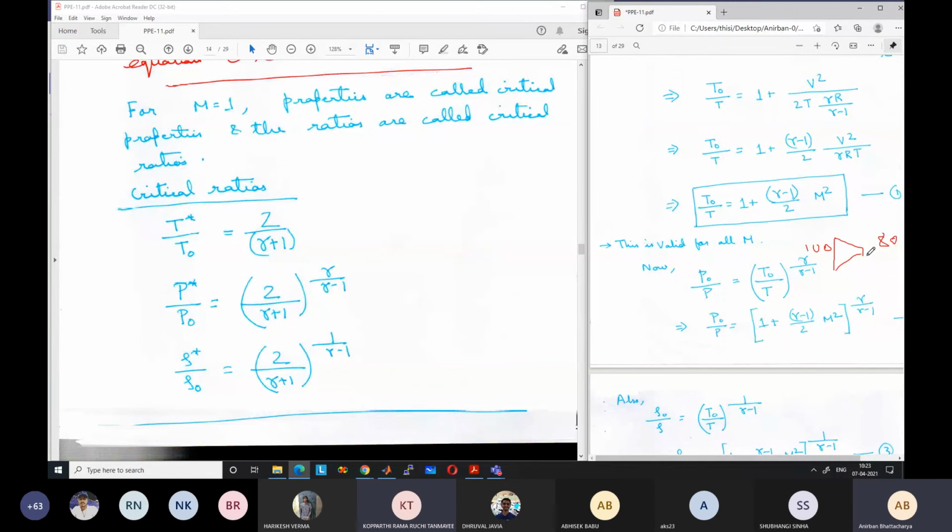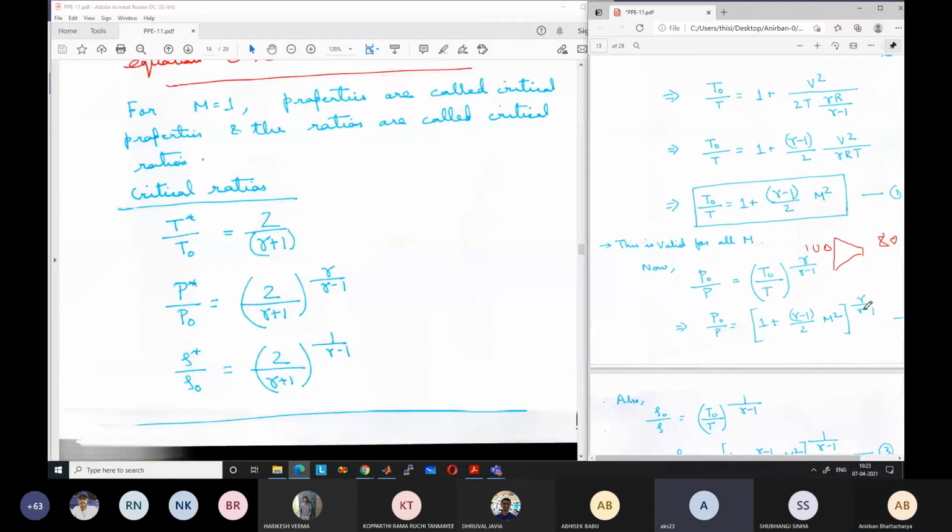Think about it. Will it be choked? Can the velocity, or Mach number, be equal to 1 at the exit? No, sir. The pressure is too high at the exit. So what should the pressure be to have it choked? If I keep on decreasing the pressure, if it is 60, will it be choked?